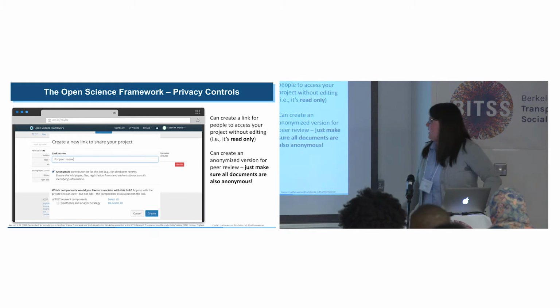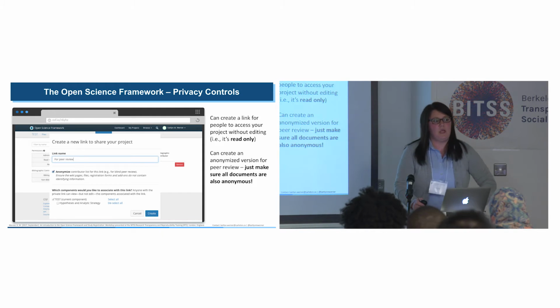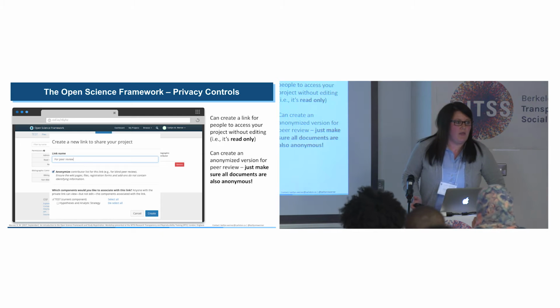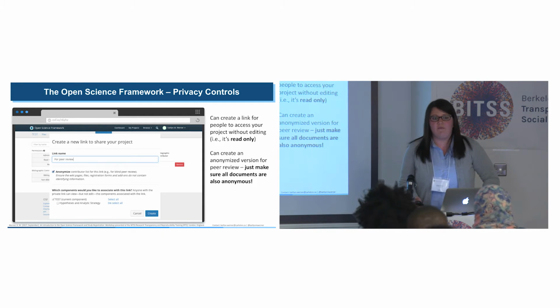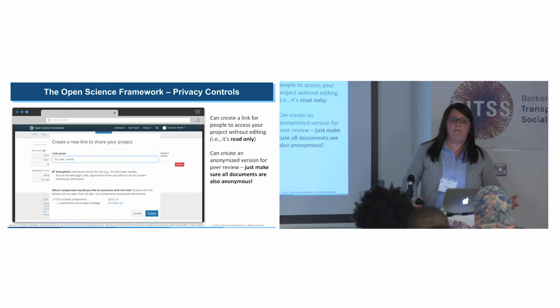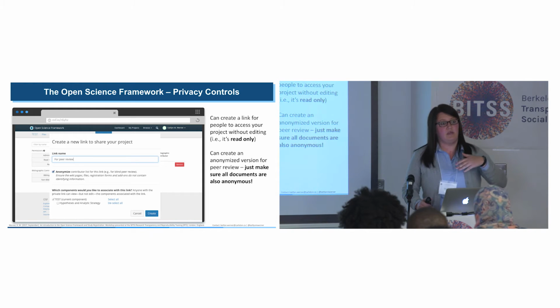So one of the biggest questions that I get with the Open Science Framework is about peer reviews. Say you want to upload your hypotheses and your analytic strategy, whatever it may be, and you want to share them with reviewers. But clearly sometimes this process is supposed to be anonymous, so what do you do then? Well, here you can actually create a privacy control. You have some privacy controls, and you can create a private link that